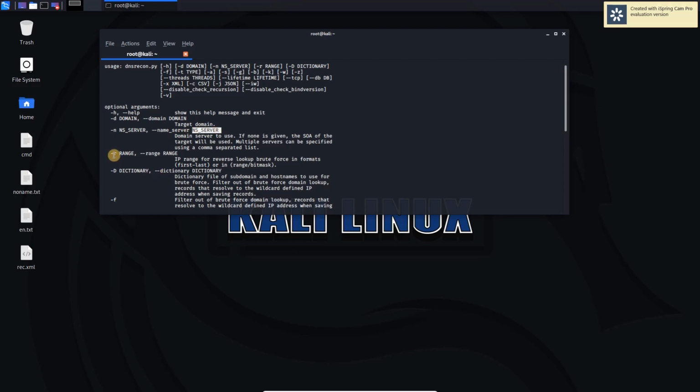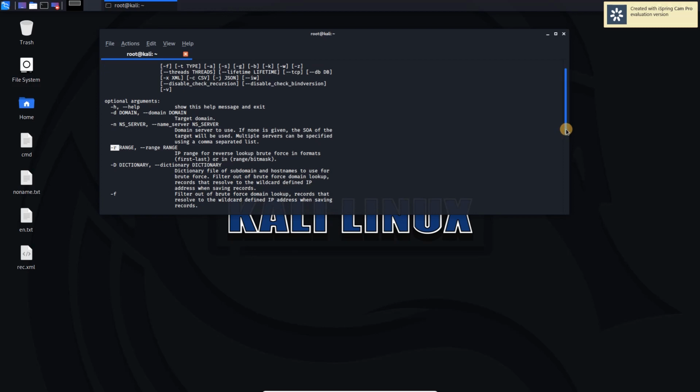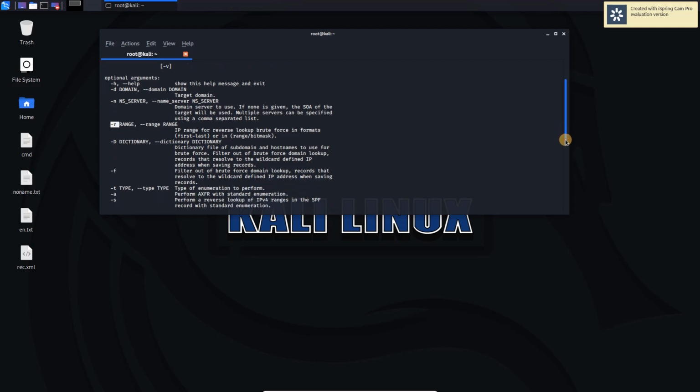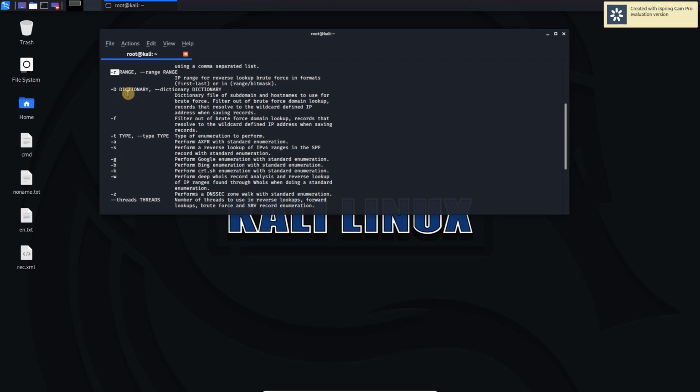We can also specify the range for IP reverse lookup. We can use a dictionary for brute forcing subdomains, and we can use -f to filter out brute force domain lookup, -t, that is which type of enumeration we want to perform, or -a for AXFR with standard enumeration.